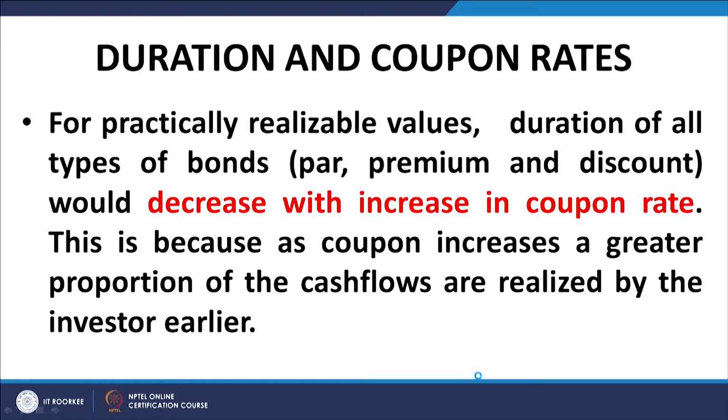The duration of a zero equals the maturity, and bonds with higher durations have higher price sensitivity than bonds that have lower duration. Now, there are certain properties of duration which are quite useful. As far as coupon rates are concerned, if you increase the coupon rates, then duration is going to decrease. The higher the coupon rates, other things remaining the same, will decrease the duration, because the cash flow is more rapidly recovered from the instrument by the investor, and therefore, the duration decreases and the interest sensitivity also decreases.